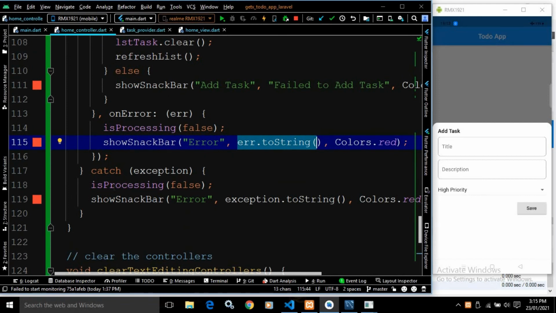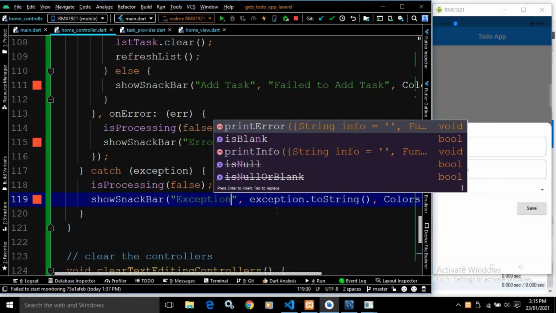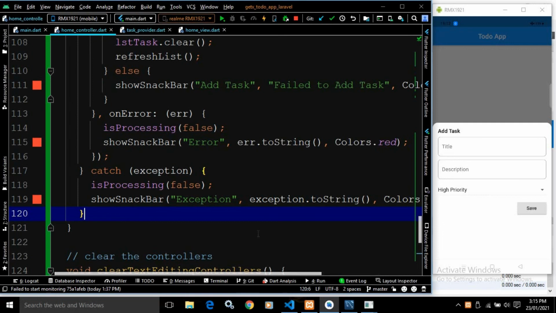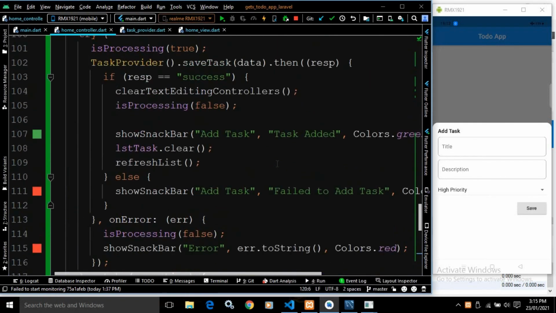Similarly, if any exception occurs, then inside the catch block is processing will be false. So snack bar will be, let me change it to exception, and here the message will be exception dot toString, and the background color will be colors dot red. Okay, now this code is now complete.